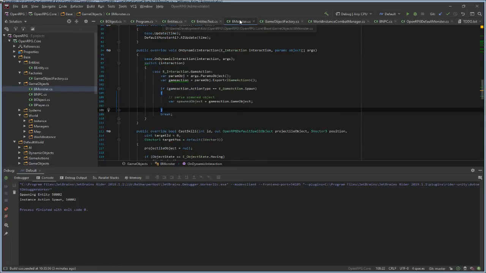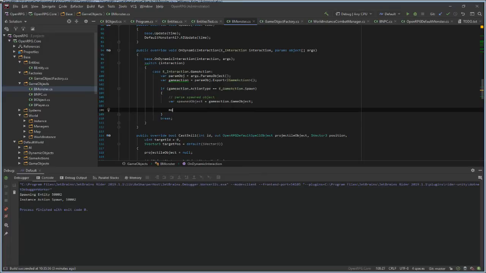This monster can then call some AI component, start search, or do something like this. Possible target spawned object dot unique ID.